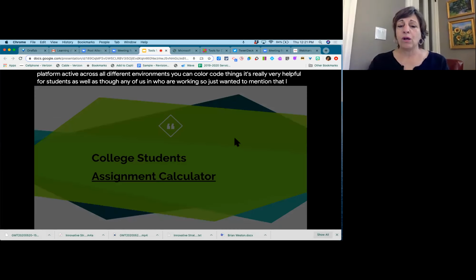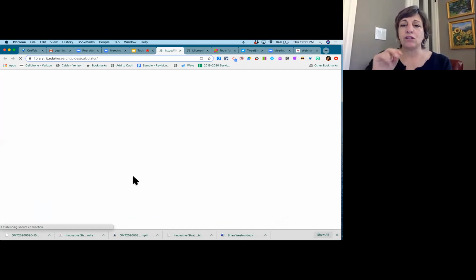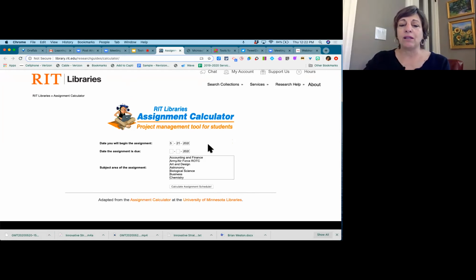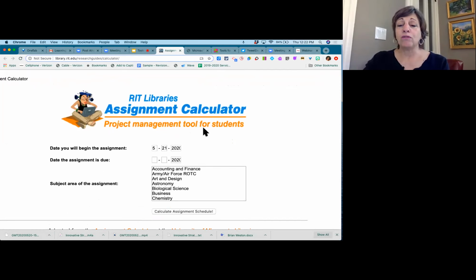I also want to show you, if you're working with college students, one of the things around time management, I just want to make sure gets mentioned. Different colleges and higher ed facilities have their own assignment calculator, but here's one that's freely available, and let me show you what it does. It's a project management tool for students. Date you will begin the assignment: let's say we'll start it today,